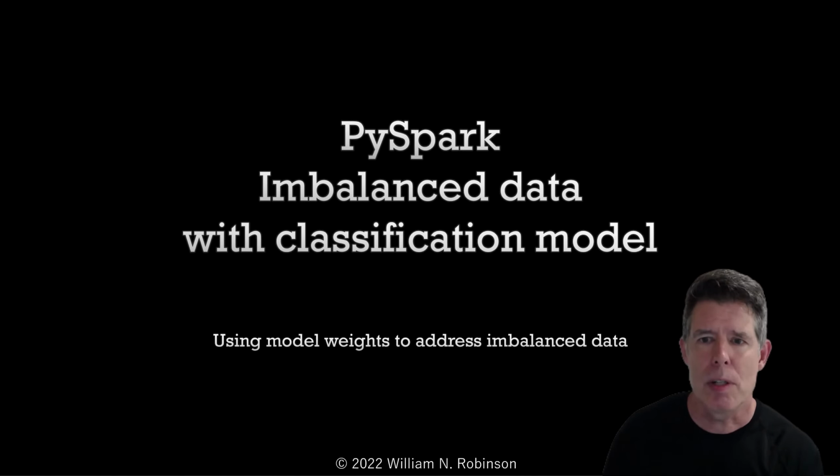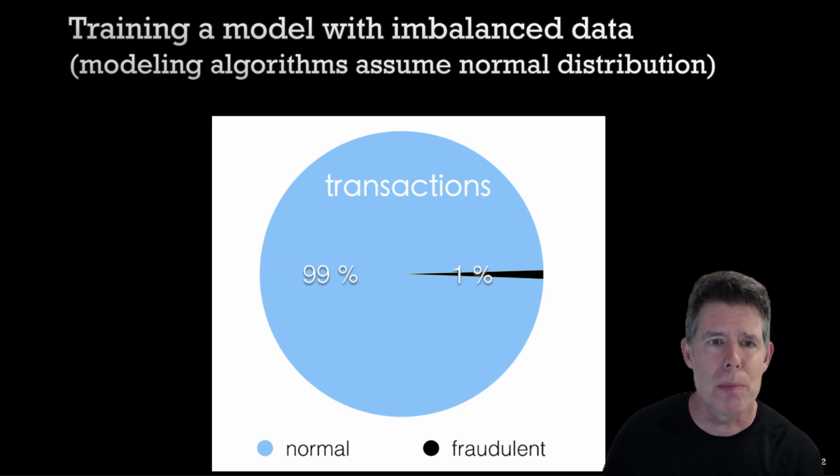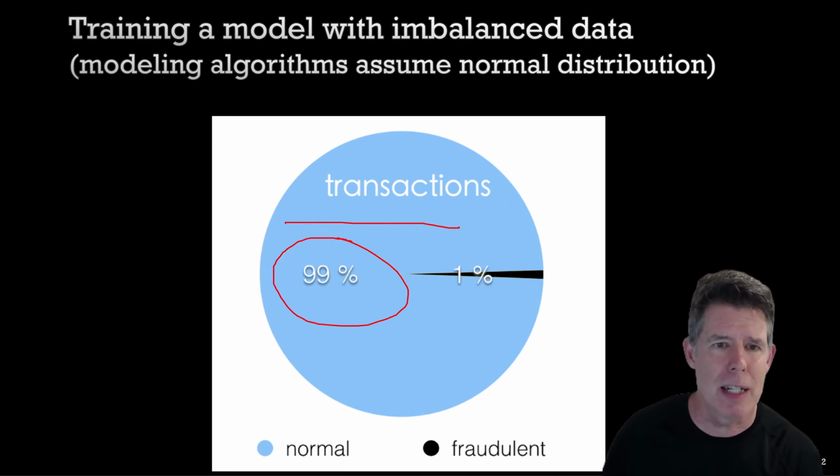Hello. In this demonstration, I will show how to use model weights to address imbalanced data. I'll apply the weights to classification, but you should know that PySpark supports other weighted models. So here's some data. As you can see, there's a bunch of transactional data, 99% of which are no fraud,